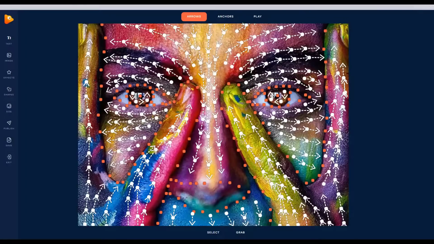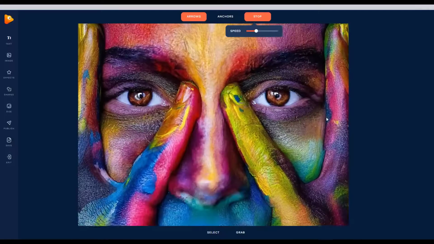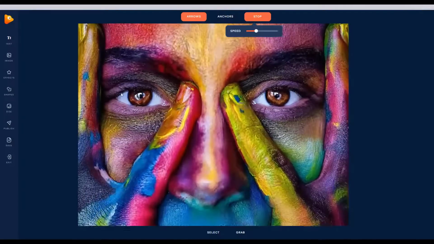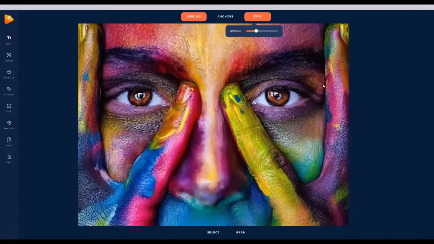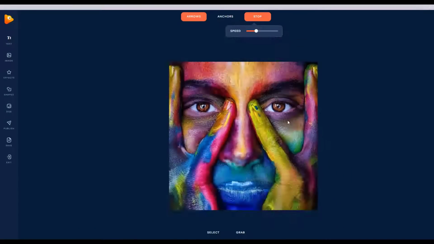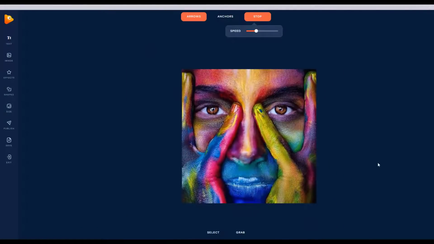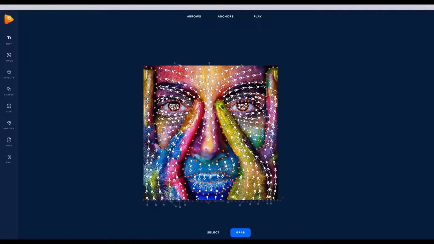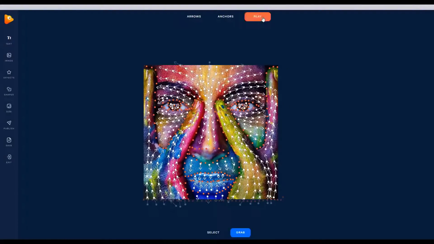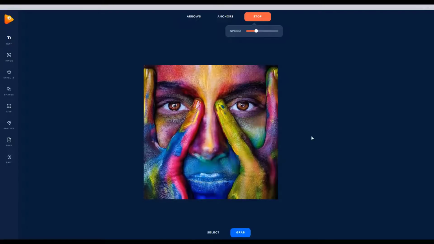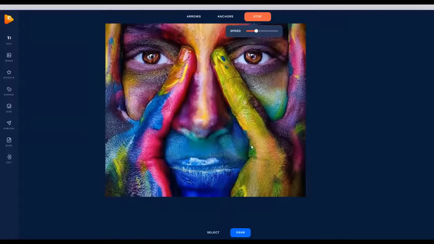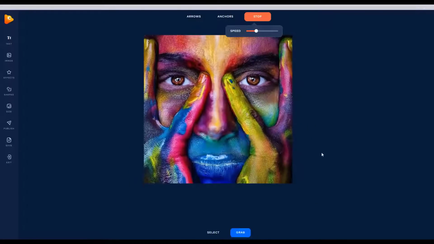Let's play it. See, now her eyelid is moving. She looks pretty good. This looks pretty close to the original that I made already. The only other thing that I think we could do to make this look better,